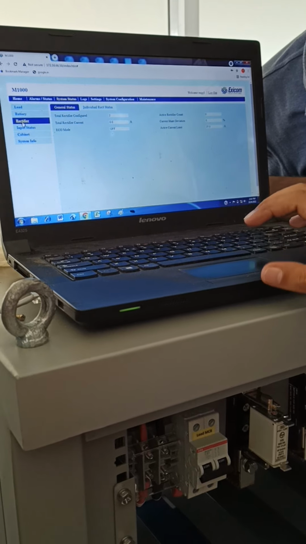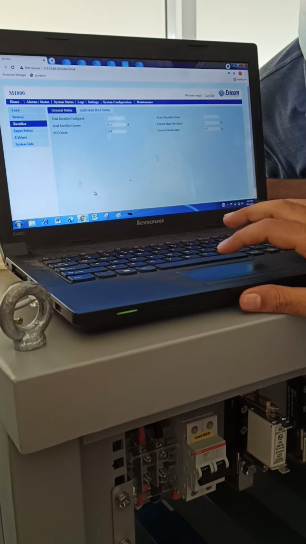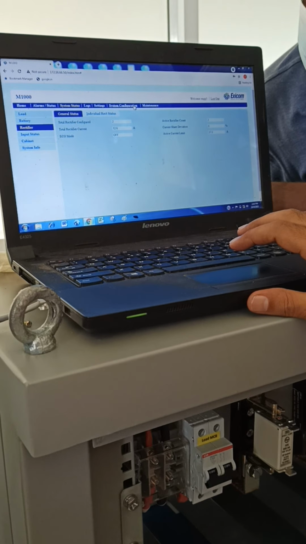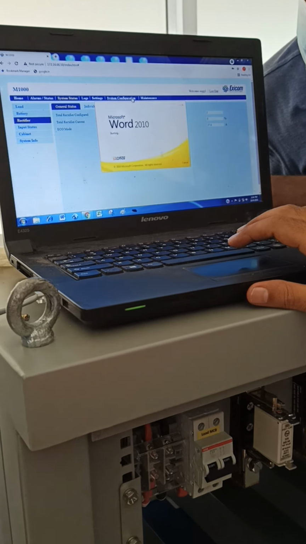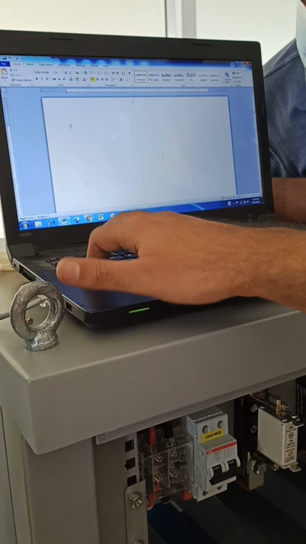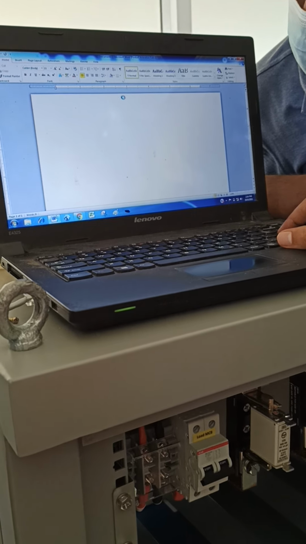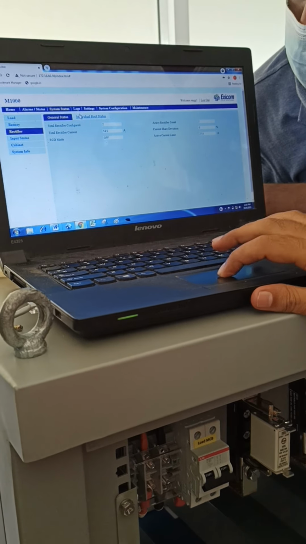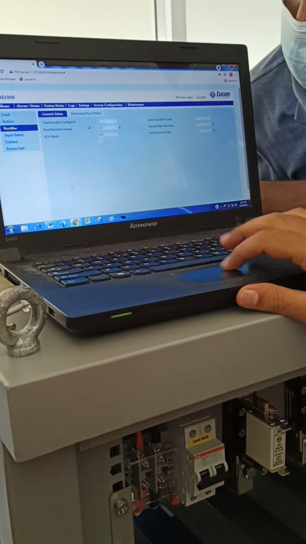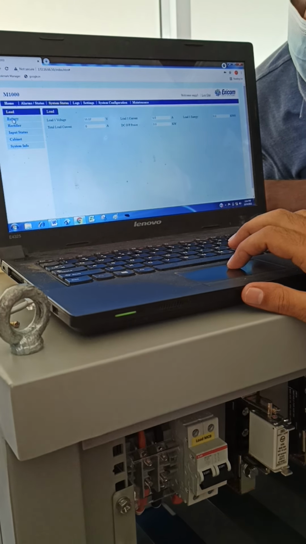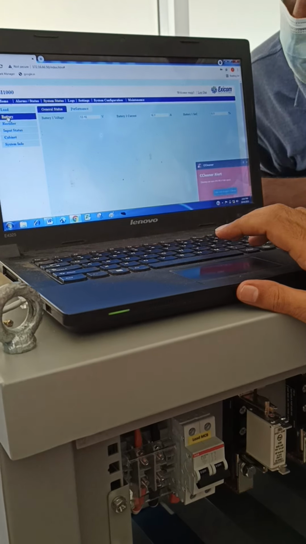Yeah, you can take it, no issue. Where do we have to paste? Here. Then settings, battery.